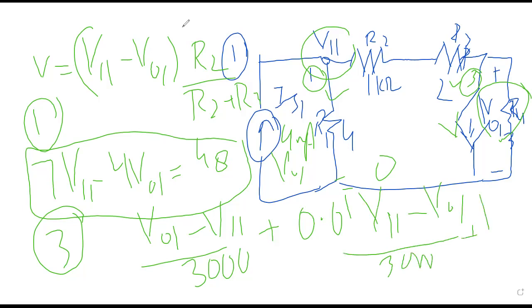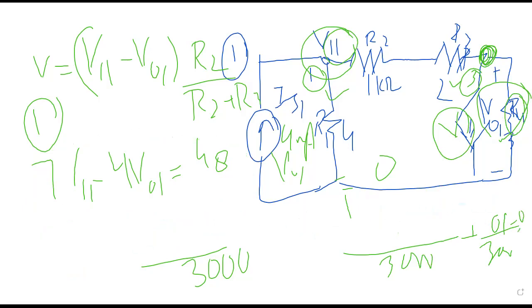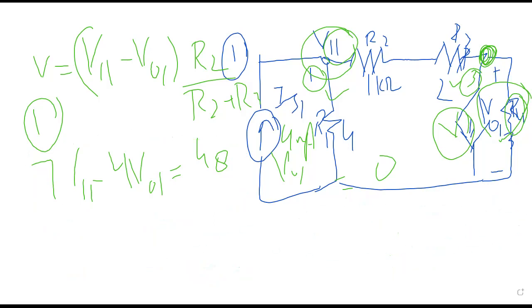Then this varying will be V01, because for this junction there are two voltages. Voltage number 1, this one, voltage number 2 is this one, and voltage number 3 is the controlling voltage. So we have to compare all these values. There are relative voltages, so it must be V01 whole divided by total resistance, 1 kilo ohm plus 2 kilo ohm, that is 3000, equals 0. So after this, we have to sum it and simplify the equation.